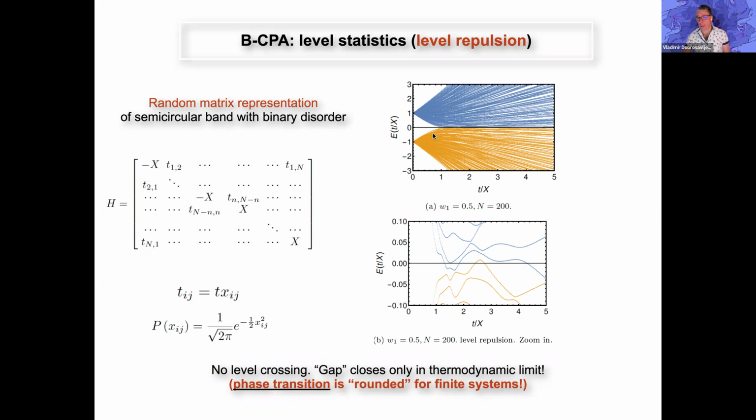Now, we would like to zoom in at this transition and see what happens to these energy levels. What you can see is that for any finite system, these levels evolve from this side to that side continuously. Here is a blown up picture of that. This is an energy range from minus 0.1 to 0.1, so a small energy range. You can see individual levels, and see how randomly they wiggle because this is a random system, but